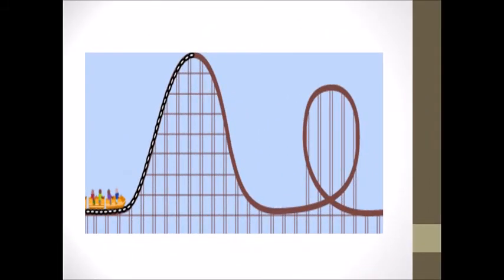In the roller coaster, as the car is moving up, it gains potential energy. And when it is at the top here, it has potential energy. When it moves back down again, the potential energy will change into kinetic energy because it's moving. Then the kinetic energy stays till this point. Here, the car will also have potential energy. Then the potential energy will change again into kinetic as it moves.